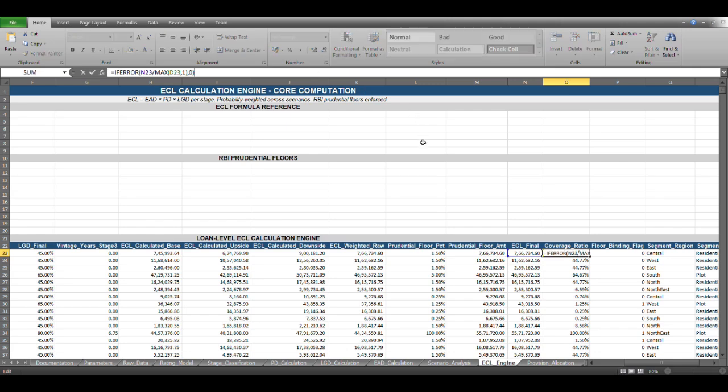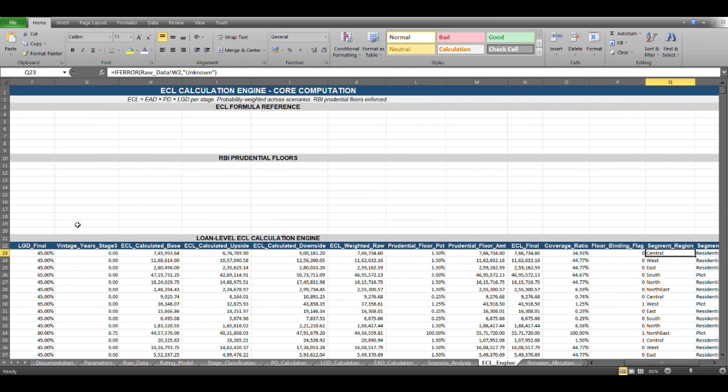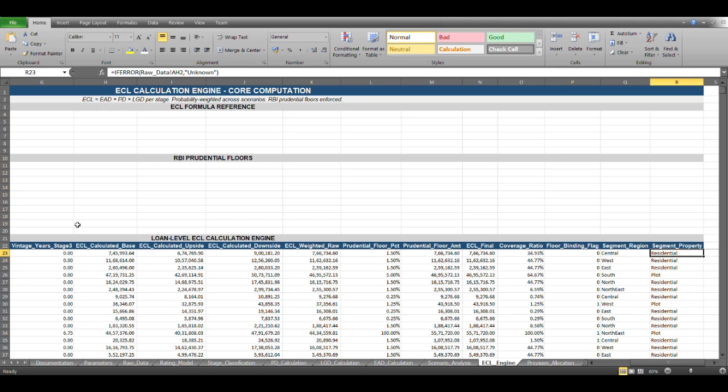Coverage ratio is computed using the ECL and the amount of exposure that we have, like for each exposure how much ECL or how much provisioning are we computing.